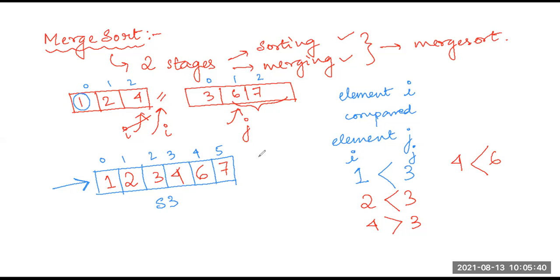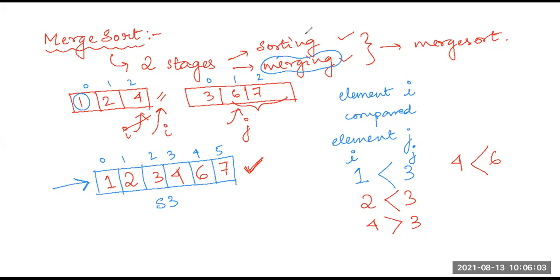So I can simply copy these elements into my final array. And now I have merged the two sorted arrays, following this logic, using two counters, and I am getting a finally merged array. And I can see that yes, the array elements are also sorted. Now this is the concept of merging, which I have expressed now.